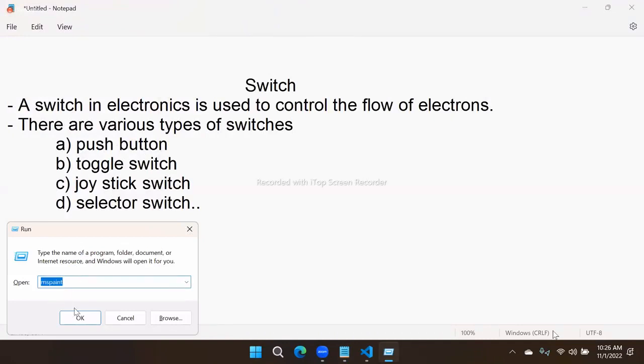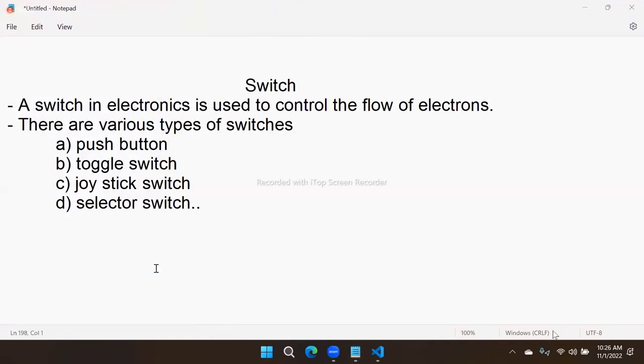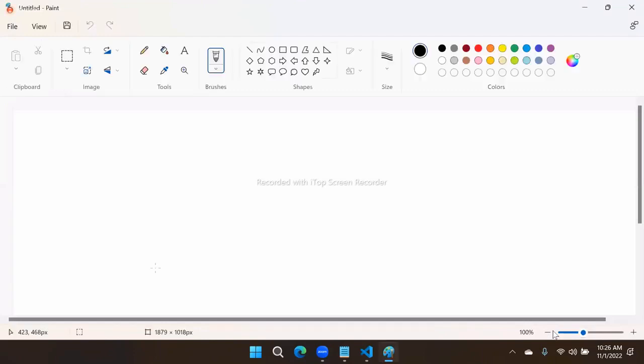Usually, how does a push button switch look like, how does a toggle switch look like? Suppose, yeah, I'll take this larger one. Suppose you see a switch, usually this is a device, yeah. Generally, toggle switches and push button switches will be there. Actually, in a push button switch generally, so